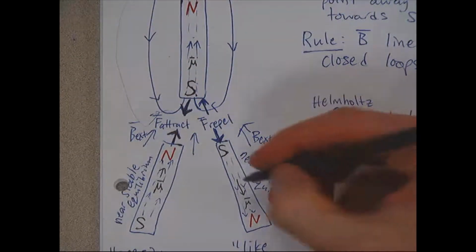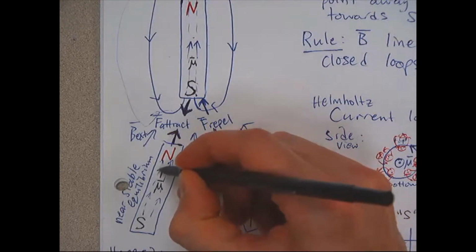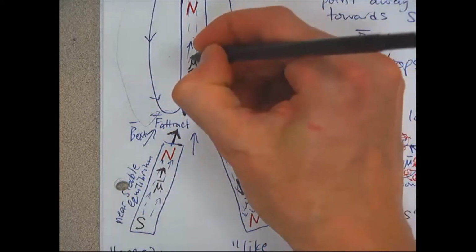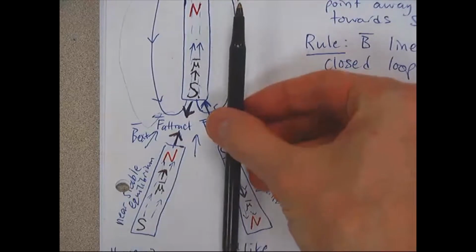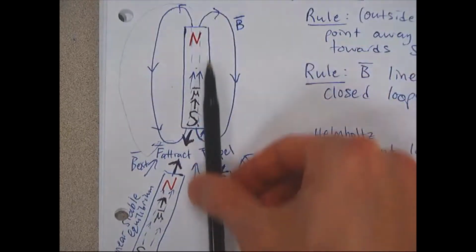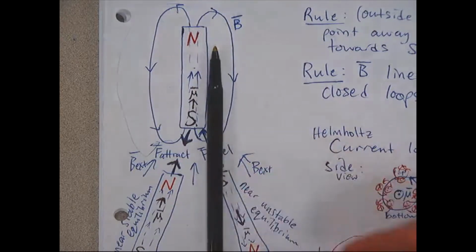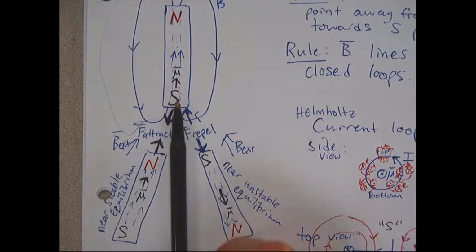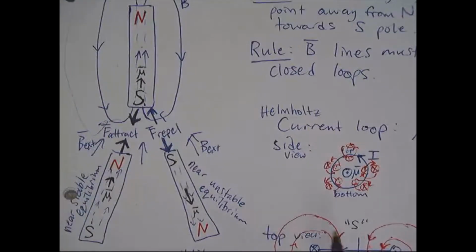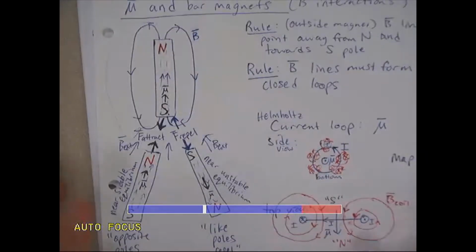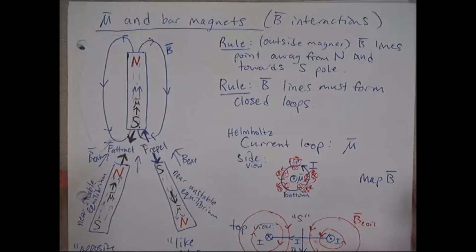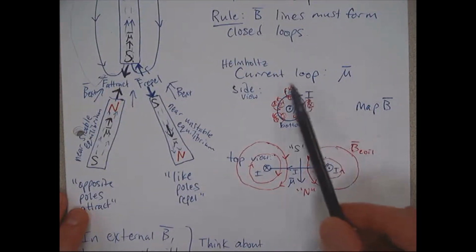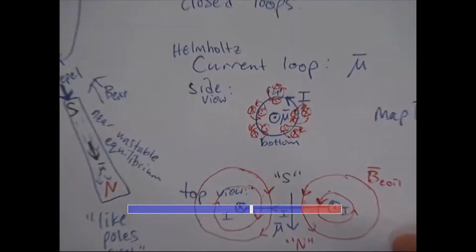What we want to do is define these vectors as the analogous magnetic dipole moment vector mu to the one that we defined with current loops. So a bar magnet behaves in the same way as a current loop. We can model it as if it has a dipole moment vector mu because it creates the same sort of dipole magnetic field. We saw with the Helmholtz coil setup that if you flow current in a loop,